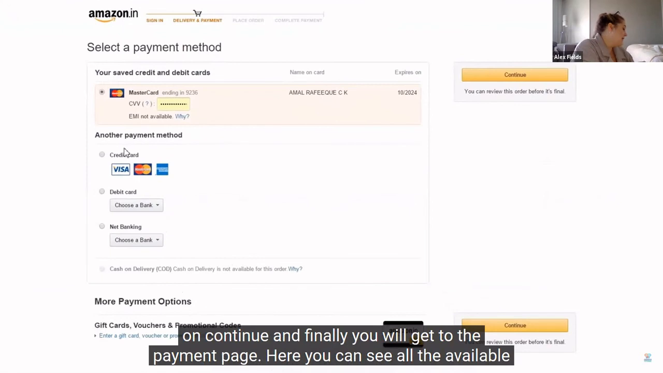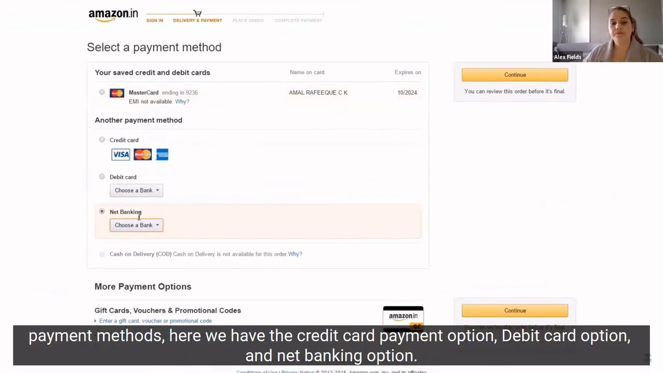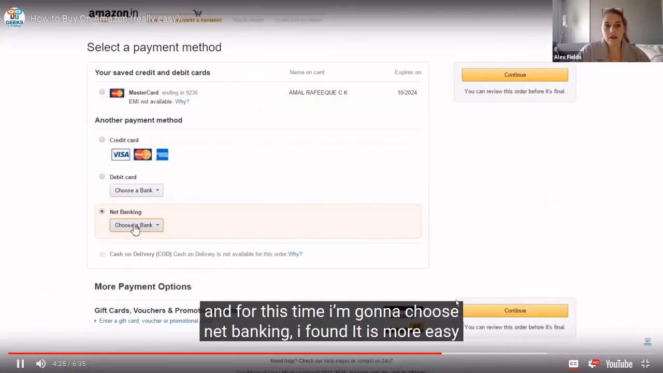Here you can see all the available payment methods. Here we have the credit card payment option, debit card option, and net banking option. And for this time, I'm gonna